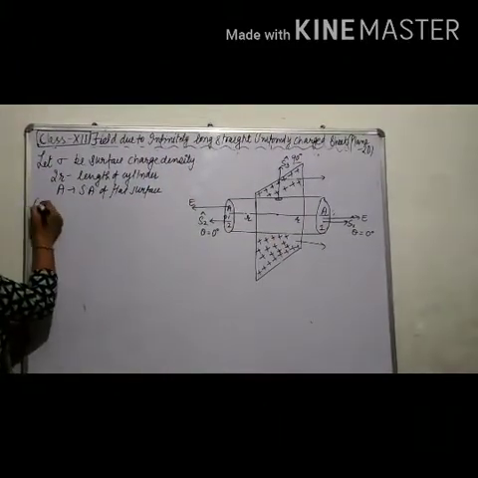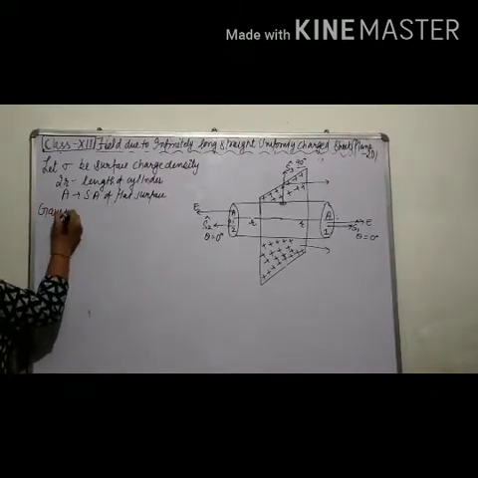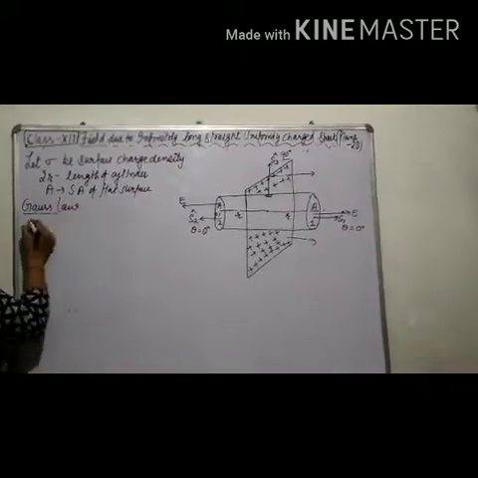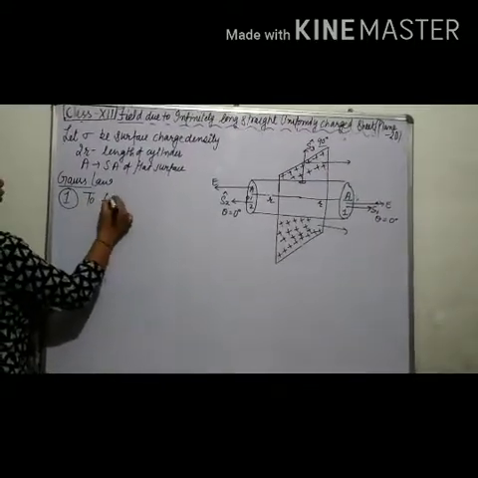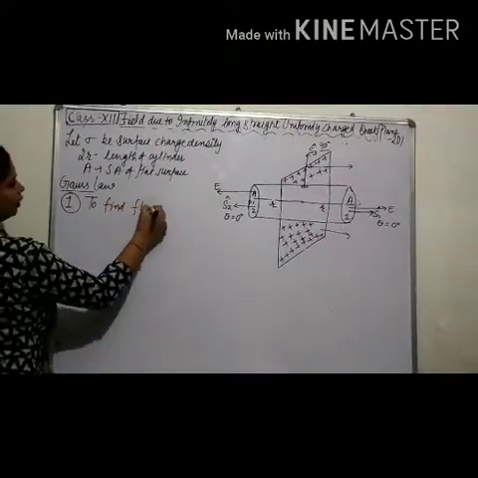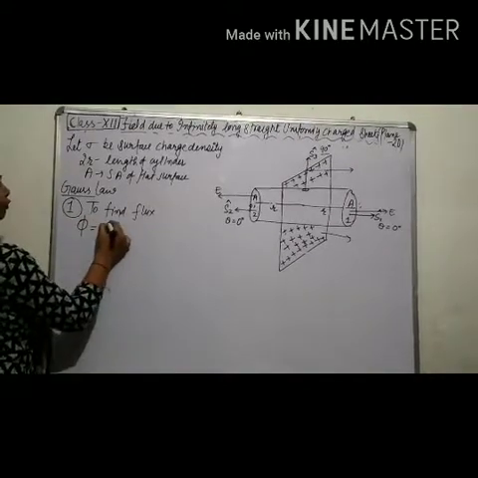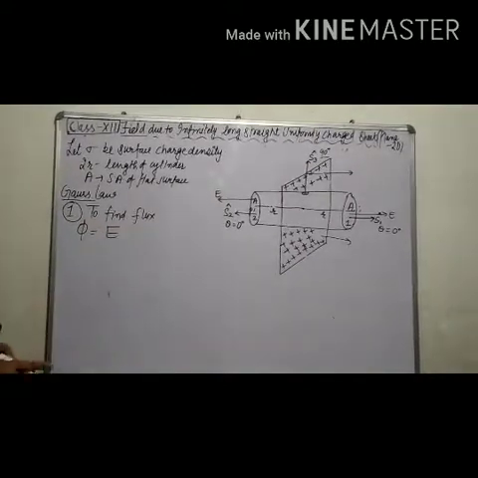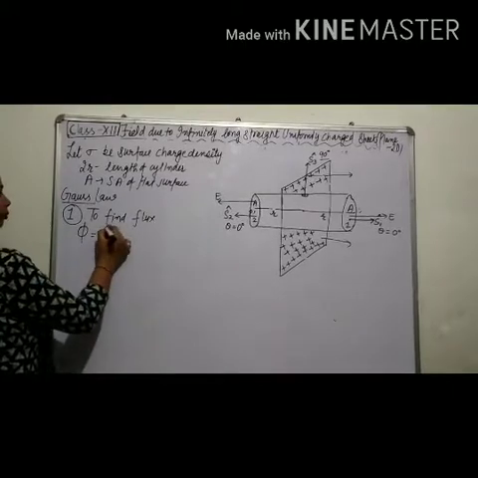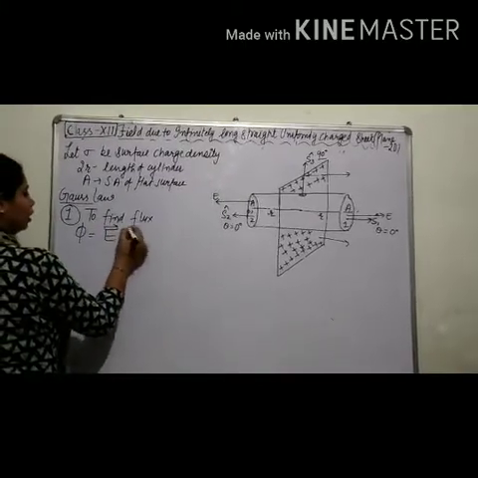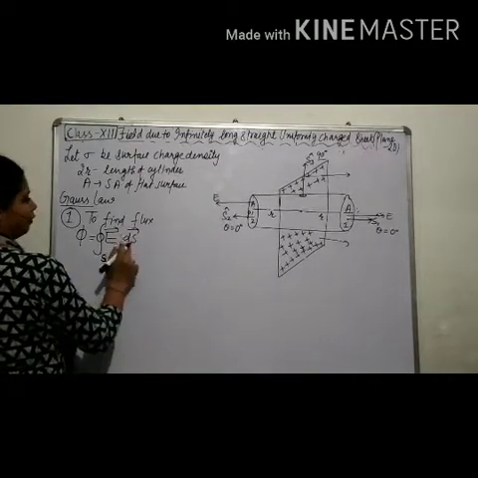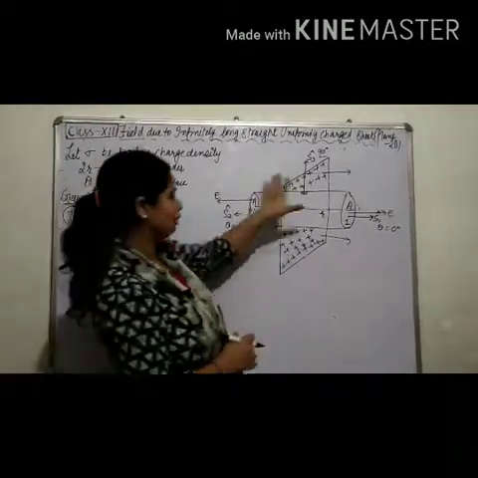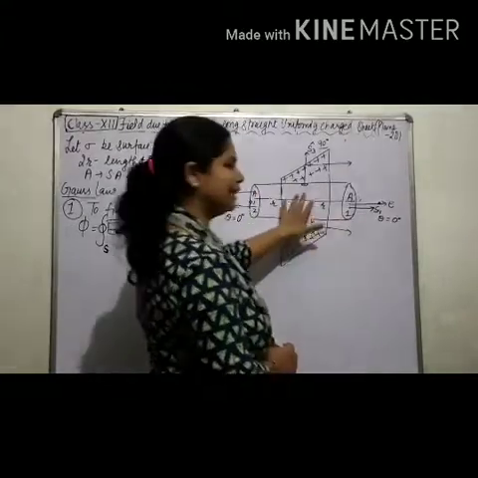So, as I have told you, we have to apply Gauss law. What is step number 1? Step number 1 is to calculate or find the flux. What is the formula for flux? Flux is E vector dot ds vector, surface integral over a closed surface. Closed means total surface, that is a three-dimensional surface, that is the cylinder.